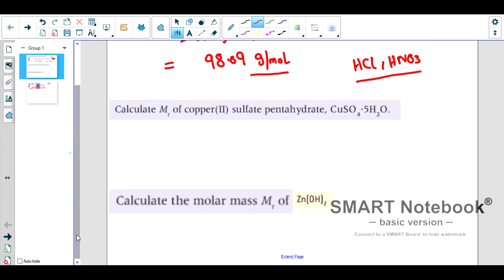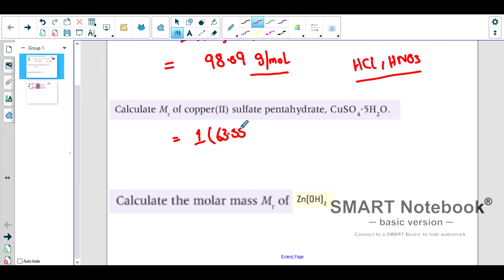In some questions you will see that there is a dot involved. This is basically water of crystallization. To make a crystal of this copper sulfate, we have 5 molecules of water inside. So when we want to find the mass, how will we do it? You again need the periodic table for the masses. Okay, let's do it. You have 1 copper, so 1 times